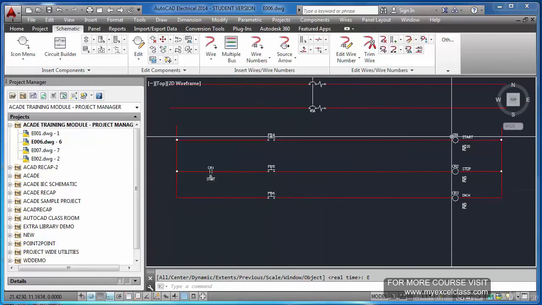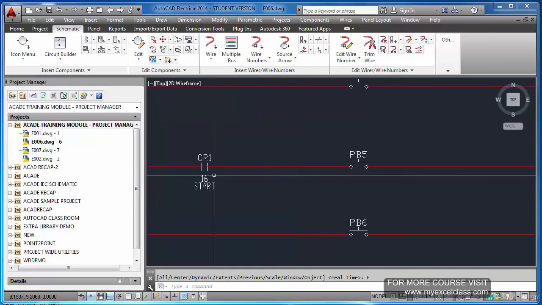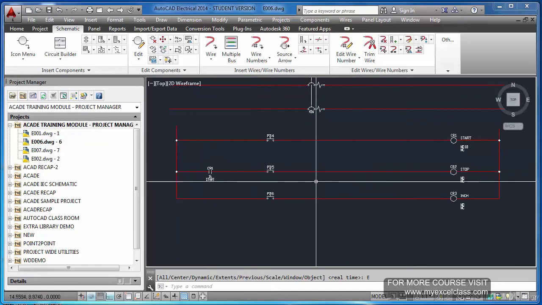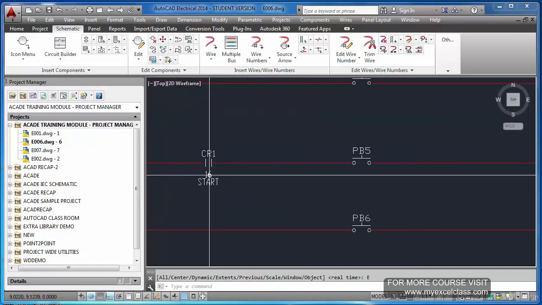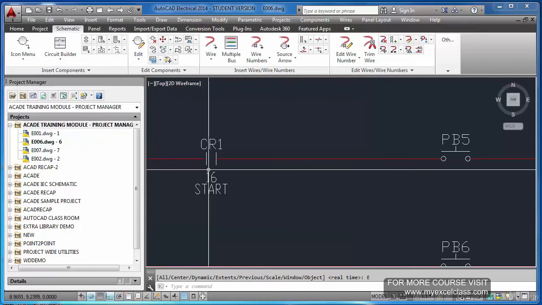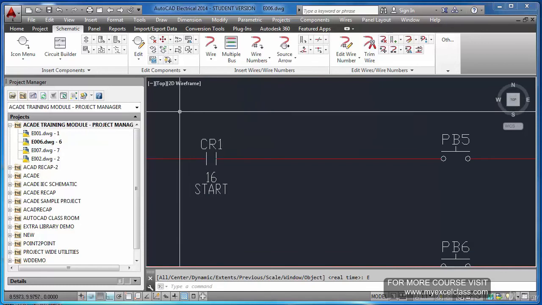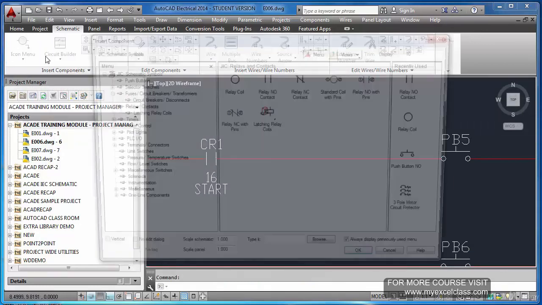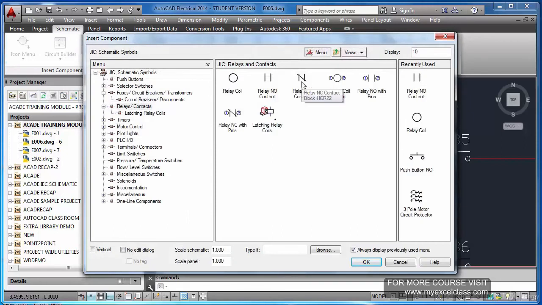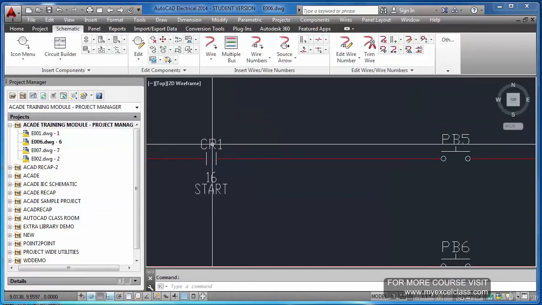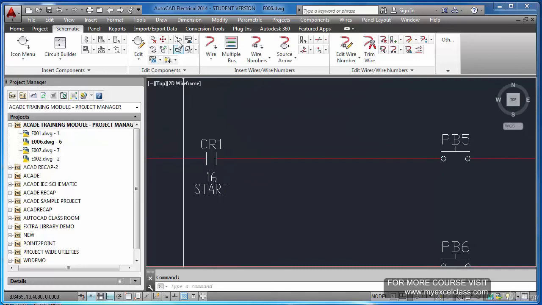Now I have used one NO contact here, but again this is not a circuit. I'm just putting some symbols here and here. Now I have put NC here, NO here, and I want to convert it into NC. One way is I have to delete this component and I can go to icon menu and use an NC contact. And another beautiful option available in AutoCAD Electrical is you can change the component itself. See this toggle switch converting NO to NC. If you click this, now this is open, normally open.